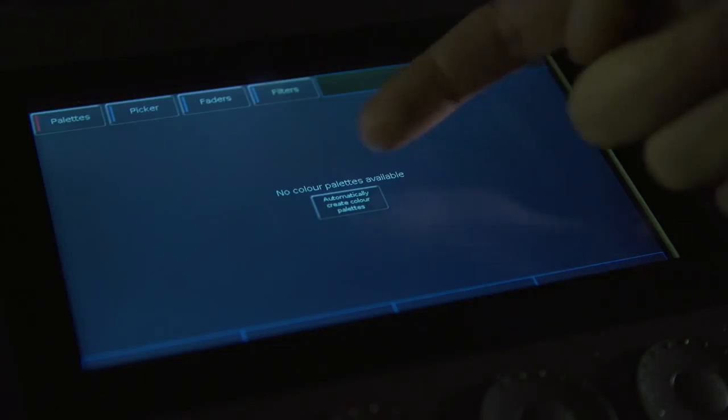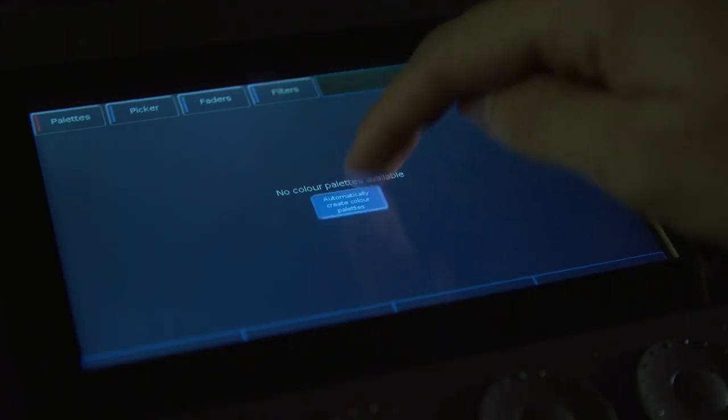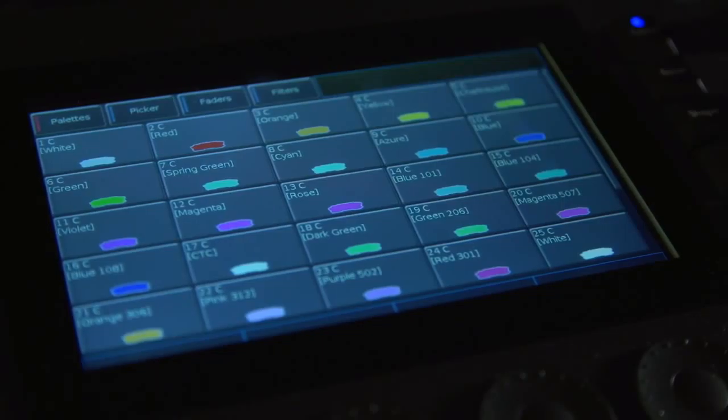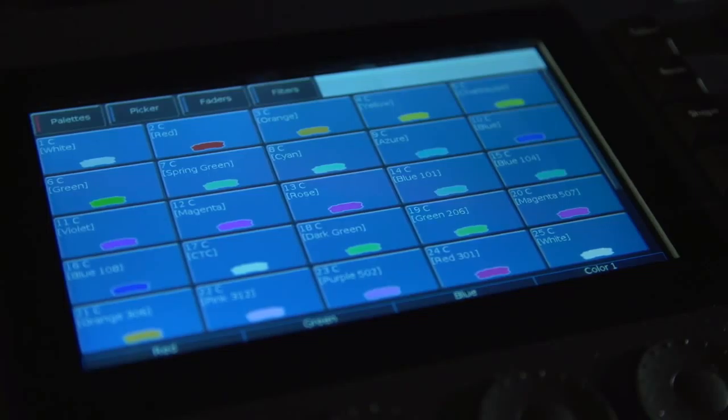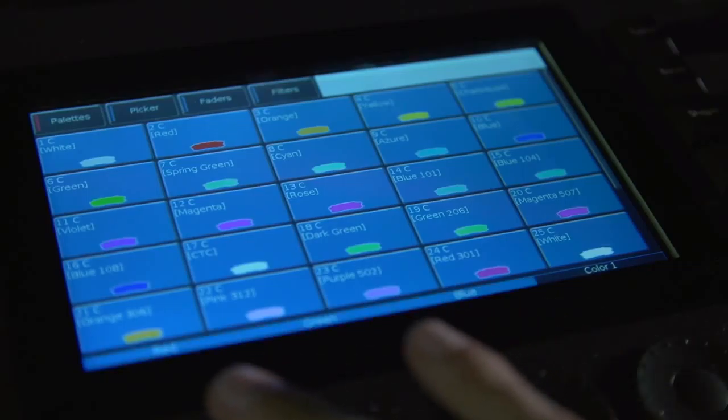Flex can automatically create palettes. If they're available, this automatically create palettes button will be displayed in the attributes window. Just press it and the palettes are created. These automatic palettes are created on the fixtures you have patched, so it's recommended to fully patch your console before choosing automatically create palettes. To record your own colour palette, set up the fixtures required using the encoder wheels, and